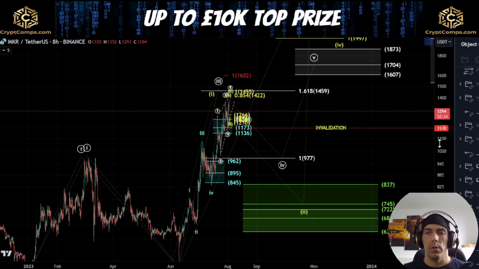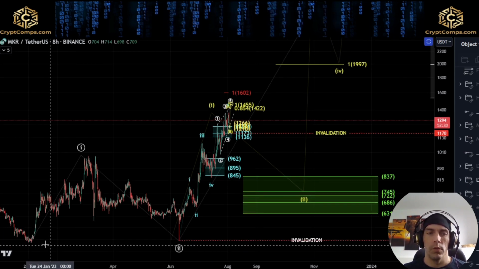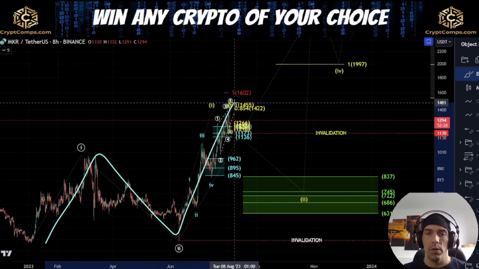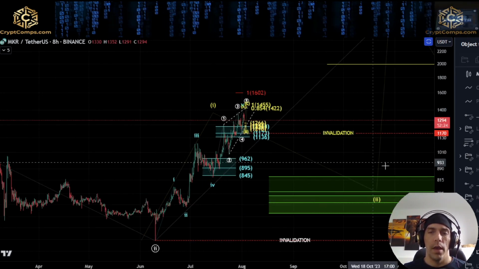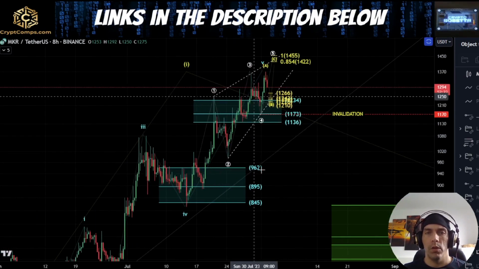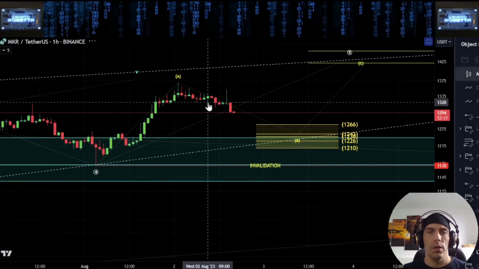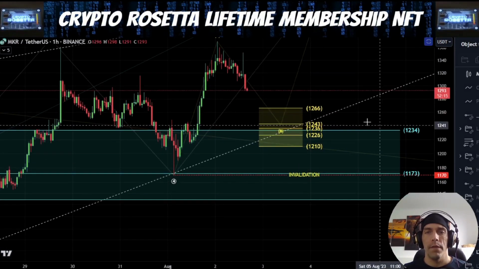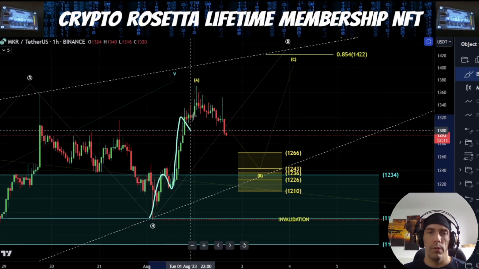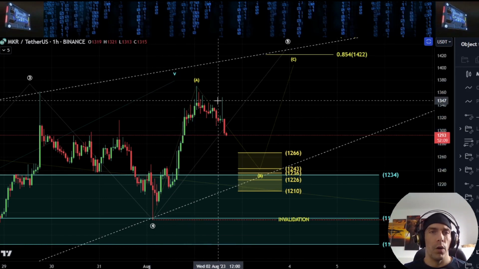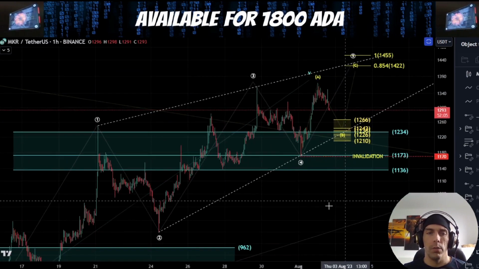Some other ways we were discussing this was the potential that within this structure, we could also have this as 1, 2, and then we could be looking to form another 1, 2 here. The same idea would be in play, except within this count, effectively what I would be looking for is another push to the upside to confirm this. So if we have a look at this count, effectively what I'm looking for is that potentially this is 1, 2, 3, 4, and 5 up into this high for our A wave. Now what we're looking for in this case is actually this as a